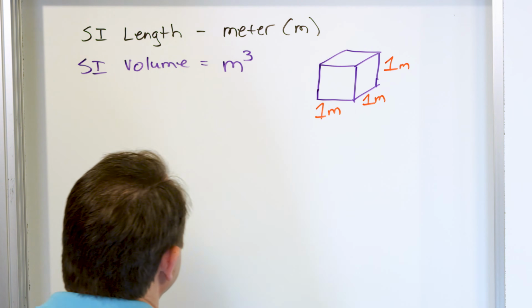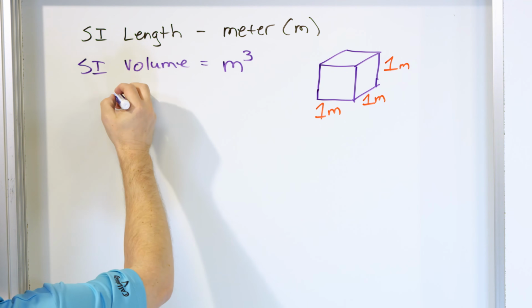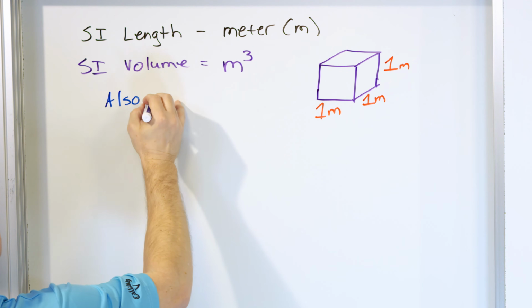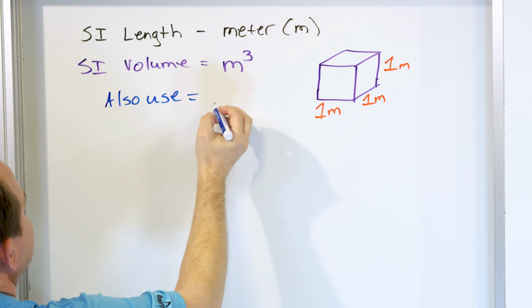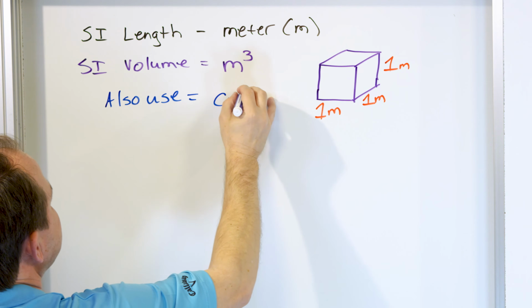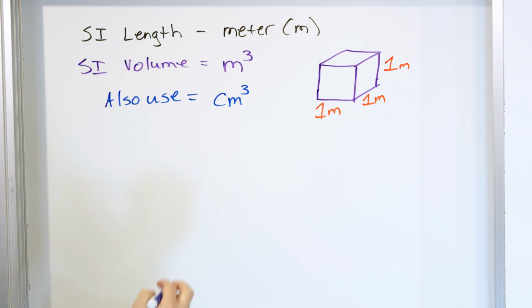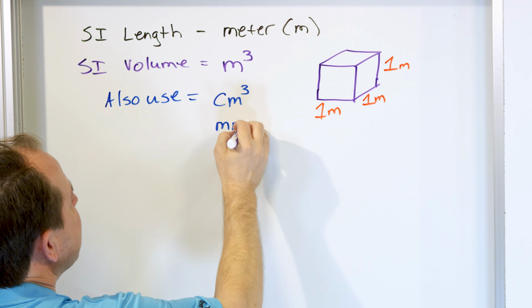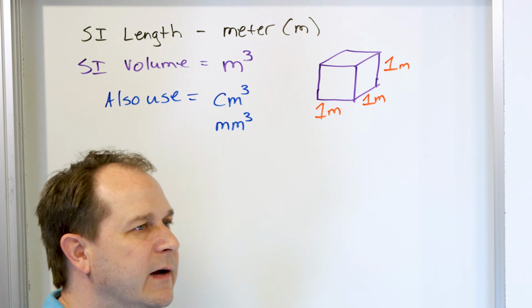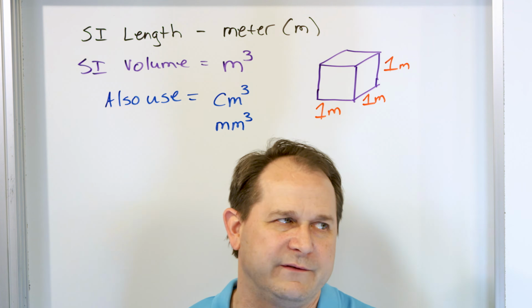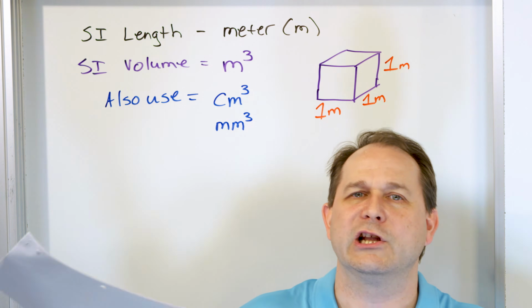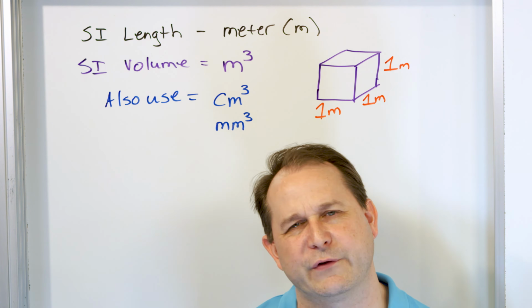We can use other units of volume as well. We can also use, drum roll please, a cubic centimeter, right? We can use a cubic centimeter. We can even use a cubic millimeter. In fact, we can use a cubic light year if we want to for distance. We can use a cubic kilometer if we want to, but we really have no use for those,